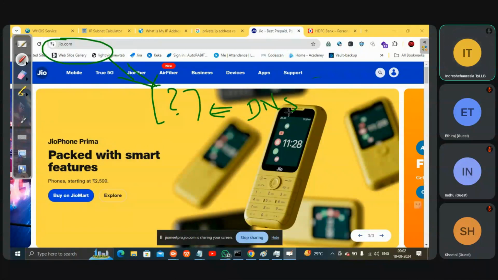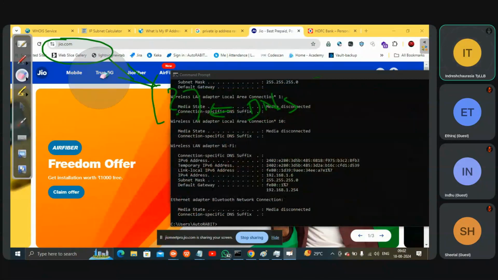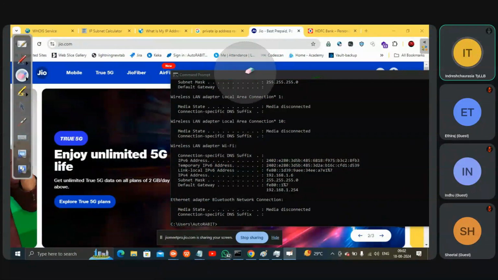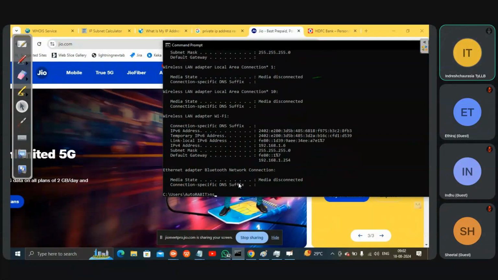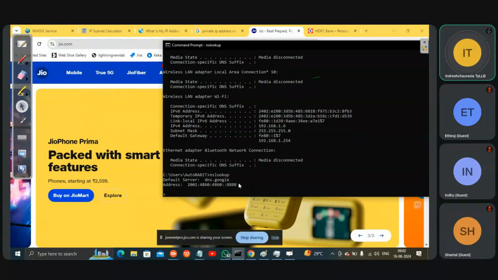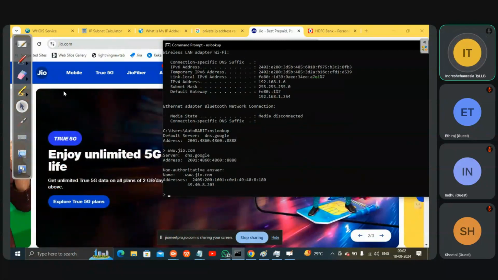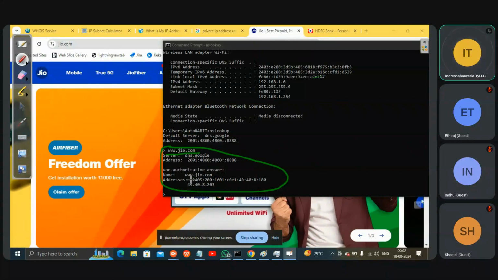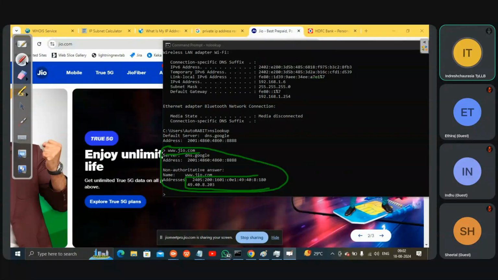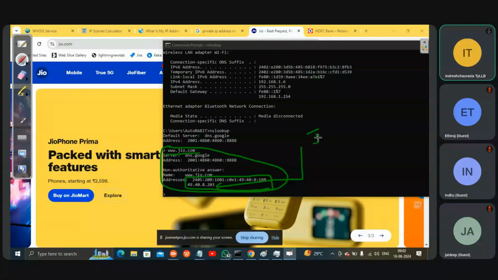How are we going to see the IP address? There is a command called nslookup. Just open your window on the computer, type nslookup, and now put www.geo.com. You will get the IP address assigned to a particular website. Can you see? This is geo.com and this is the IP address assigned to geo.com. This is the IPv4 of Geo's IP.